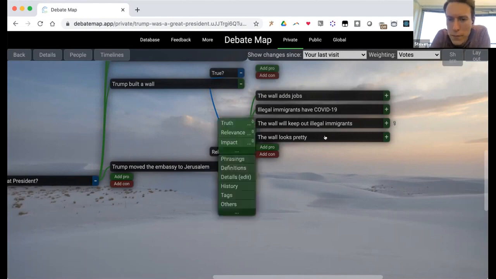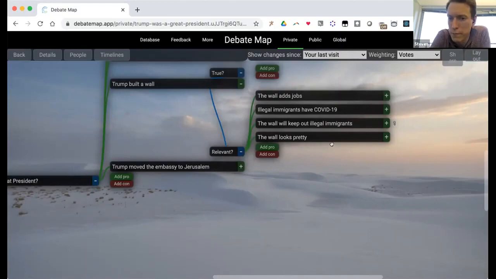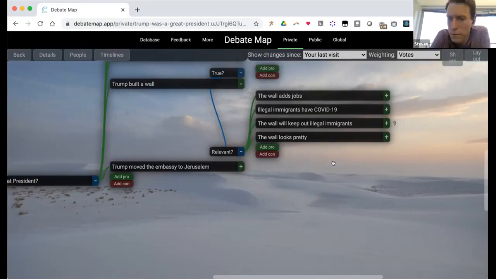However, some of these are multi-premise and they require more explanation. Like, the wall will keep out illegal immigrants, and illegal immigrants have COVID-19. But by putting them side by side, it loses the connection because it gets mixed in with other things that are at the same level. Yeah, but you can see at this level where the agreement and disagreement lie, and if you disagree with one of